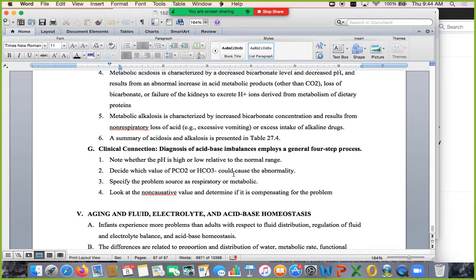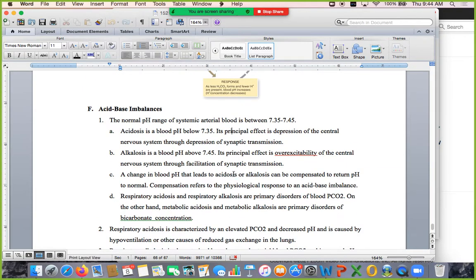So we have some issues where we can have blood pH problems. For example, we can have blood pH that is acidic. It's called acidosis. We can have blood pH that's alkaline, called alkalosis. And there are compensatory mechanisms on both sides that return your pH back to normal. And what do I mean by compensation? All right, so we can have